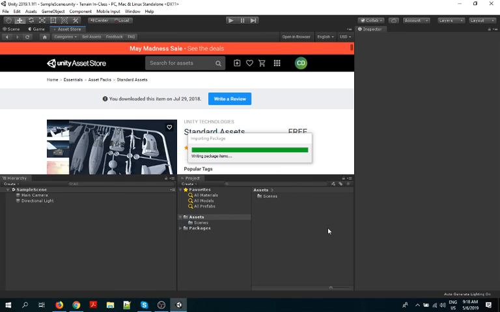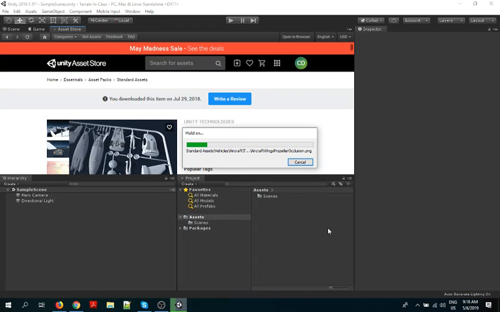Okay, so this process seems substantially longer, the new version. I wonder what's going on. Okay, so as soon as this thing is done, what we're going to do is we're going to create